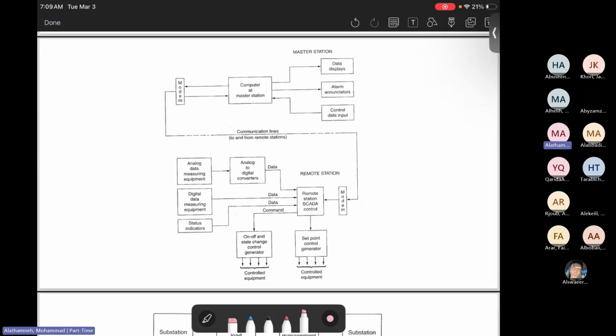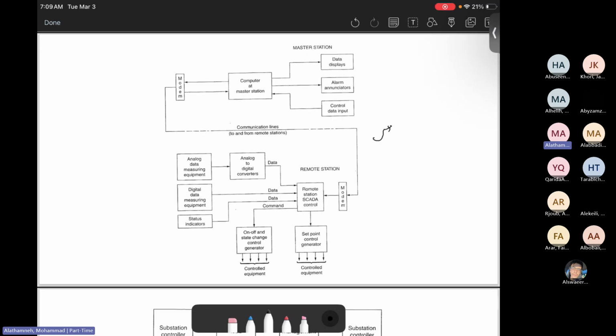Here is a diagram of the SCADA system. This is more communication than electrical and power engineering. It's in communication lines. There are two types of communication lines that we are using. The first type uses one of the phases, for example, phase A. So we can say in phase A,